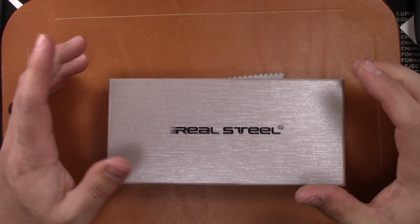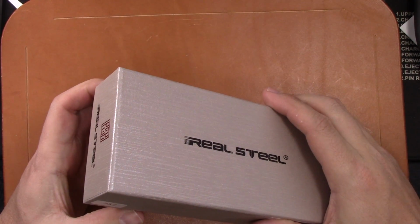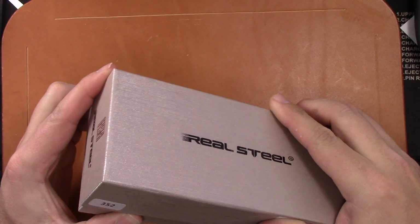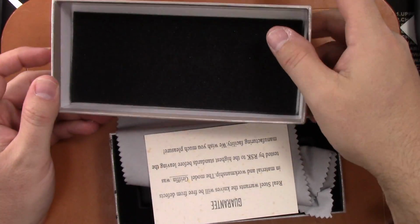The typical Griffin is just an aluminum handle with the bearings and the button lock and everything, but this is the Titanium premium version here. I'm going to talk about this a little bit. It's a nice presentation, nice box. You get a little pad of foam there, and you get your